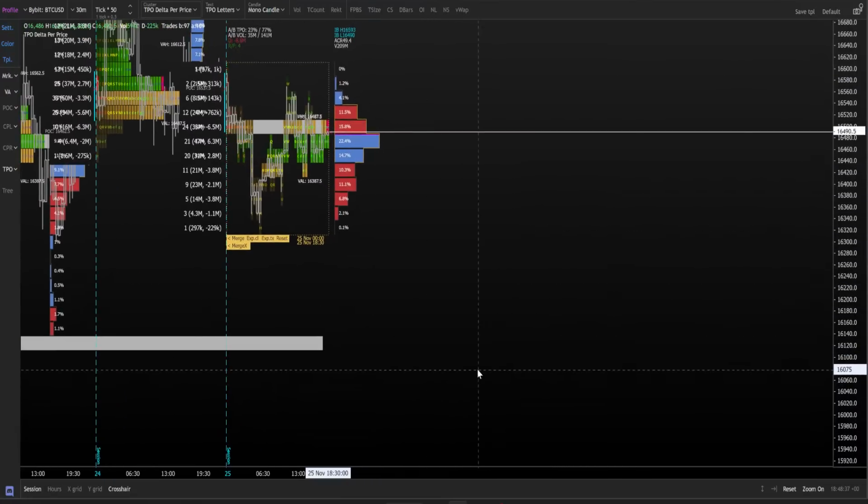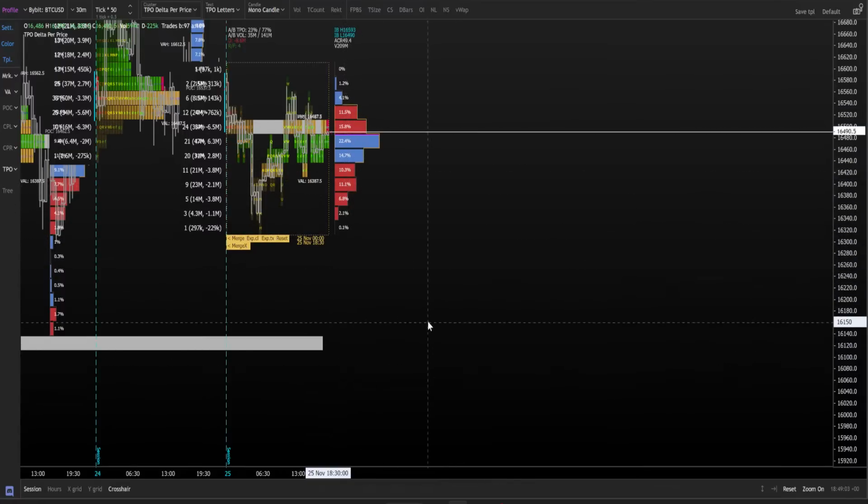What we would actually look for is on the next day, or it could be the same day, sorry. Let's say we get our acceptance, we form a distribution down here. We then have one distribution and then a second distribution doubled down here with a row of single prints. The BART pattern is then if we get acceptance into these single prints, right? We are looking for acceptance, quick move to fill all those inefficiencies. Then we have what is known as the BART pattern.